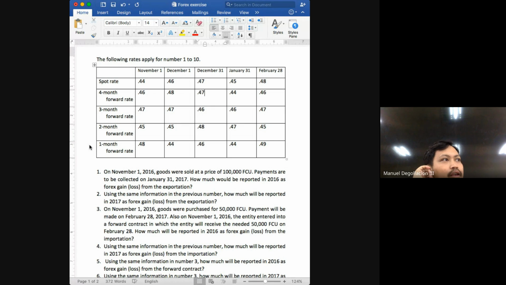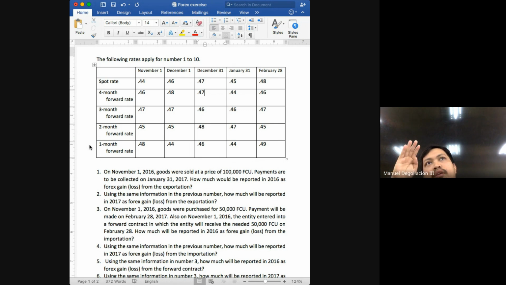So our topic, class, would be accounting for foreign currency transactions. The scenario is very simple, class. We are working for a company that has transactions that are denominated in foreign currencies. The most common example given in the problems class would be transactions involving imports and exports. I would always tell the students, if you're working for a company that does not have any foreign currency transactions, whatever we'll be discussing now will not have any use for you. This will only be useful if you are working for a company that has foreign currency transactions.